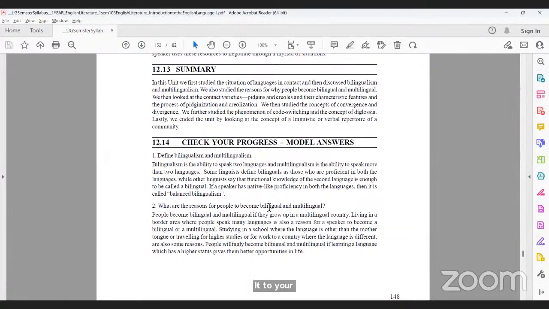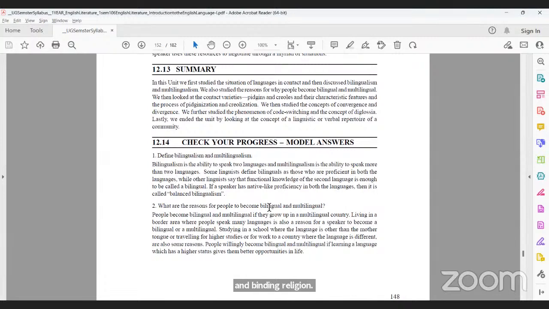So suppose I am a Bengali speaker, now I'm speaking in English. So based on these two languages, I'm a bilingual. But I also can speak in Hindi, I can speak in Urdu, I can speak in Oriya, I can speak in Jharkhandi and Assamese. So when I can speak in more than two languages, that's when I become a multilingual. Okay, so this is what I actually mean by multilingualism and bilingualism.